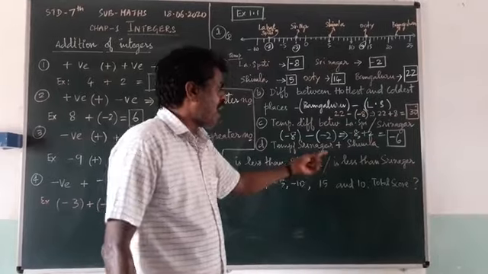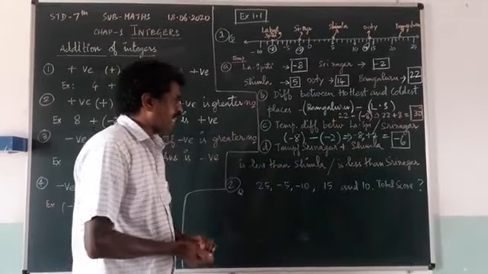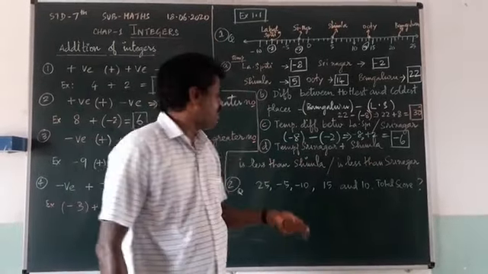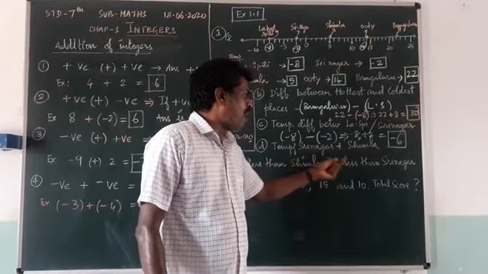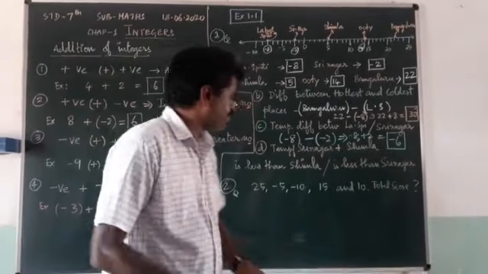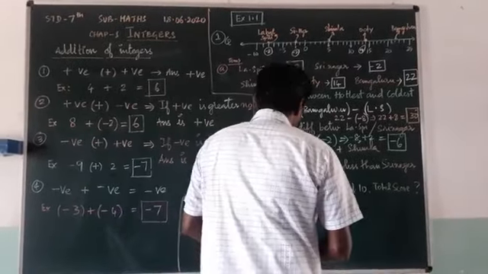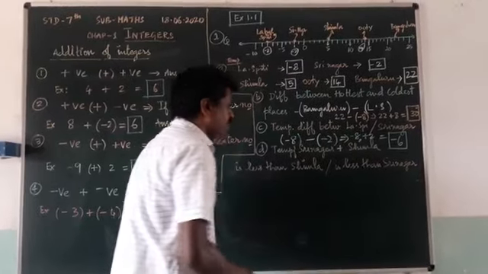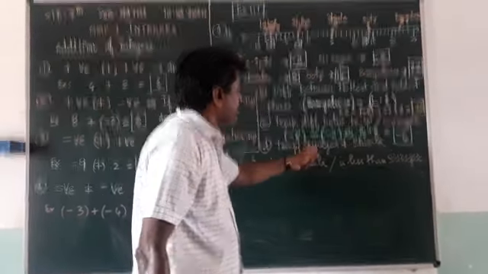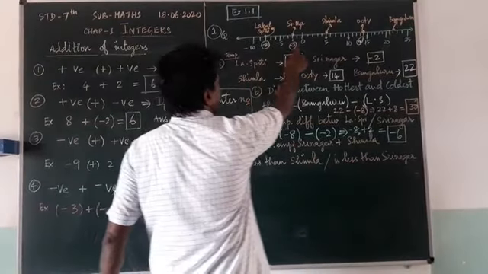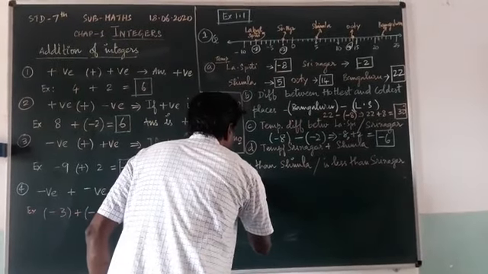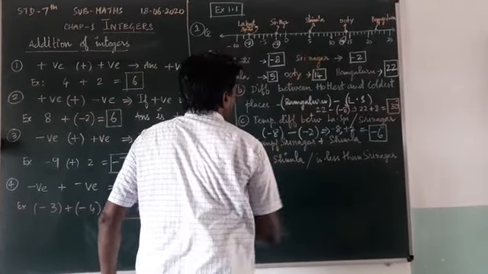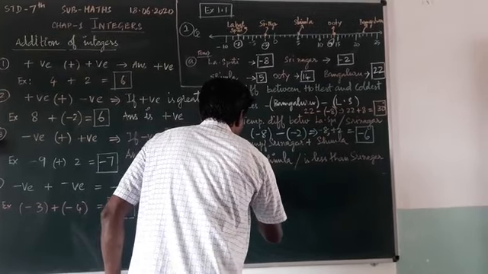And the fourth question they are asking: is the temperature of Srinagar plus Shimla less than Shimla, or less than Srinagar? What they are telling is, add the temperatures of Srinagar and Shimla and check whether the sum is less than the Shimla temperature, or also less than the Srinagar temperature. We have to check. On the temperature scale, Srinagar temperature is minus 2 plus, because together, Shimla temperature 5. So what is the answer?